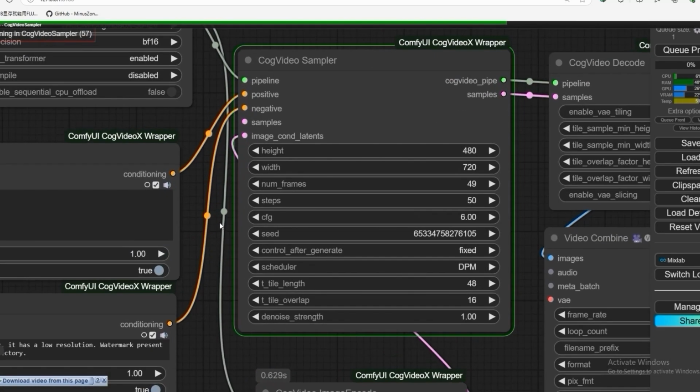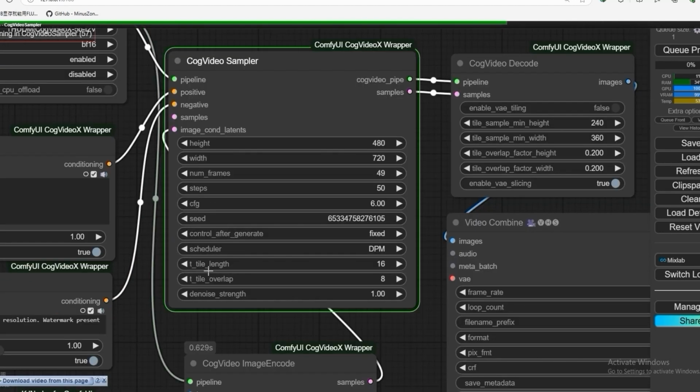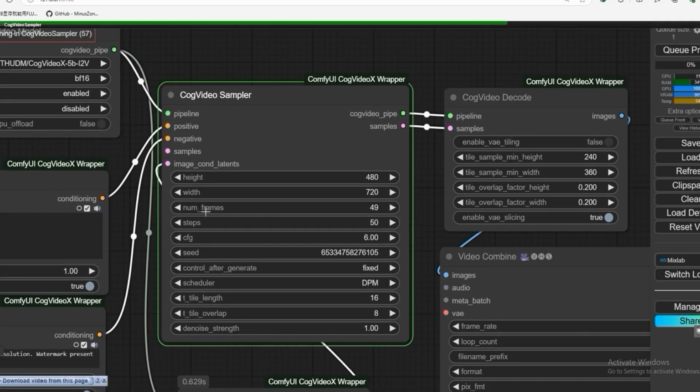When generating a video, you may have seen the tile length and tile overlap options. Let's understand how they work for video generation. How will they help video generation? And how will tile length and tile overlap improve the video quality? Let me explain this. Our current setting is 49 frames, with a tile length of 60 and an overlap of 8,